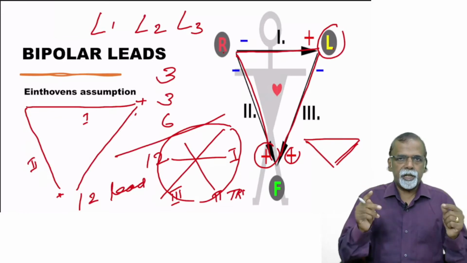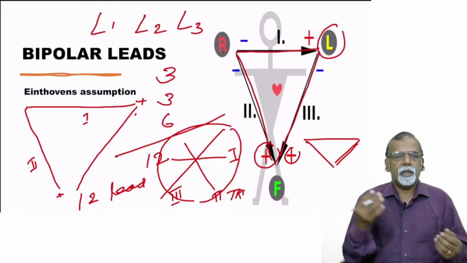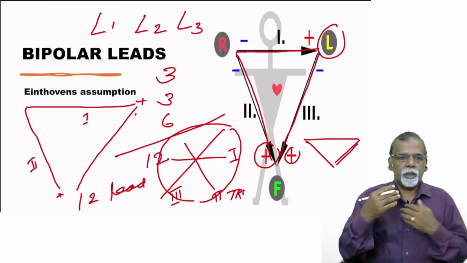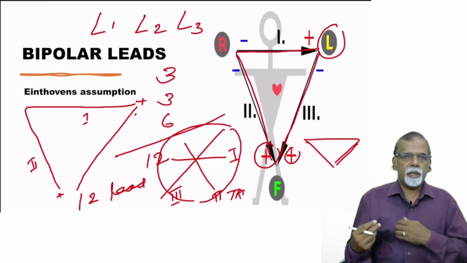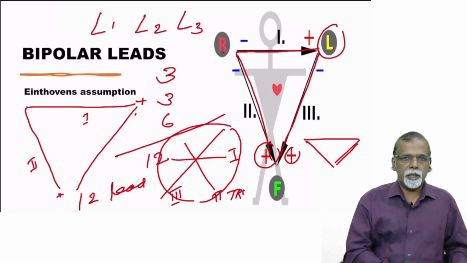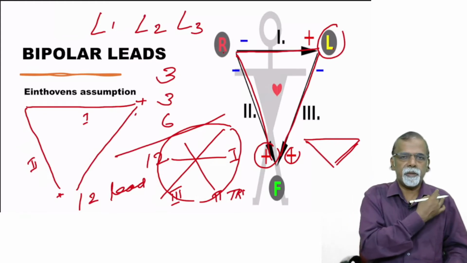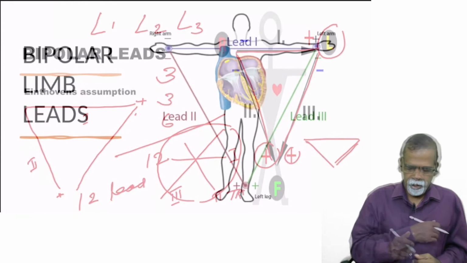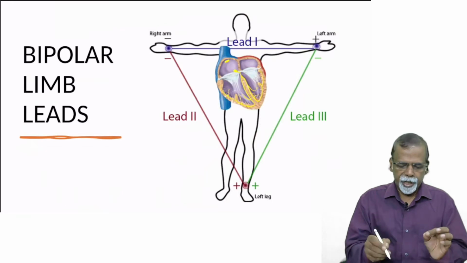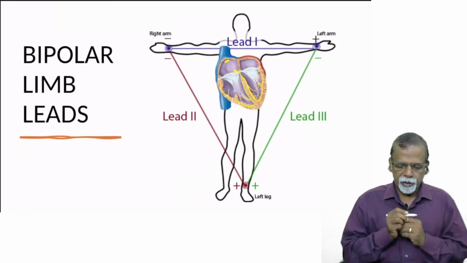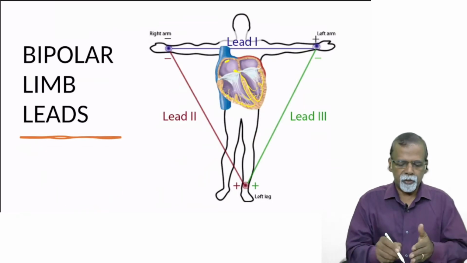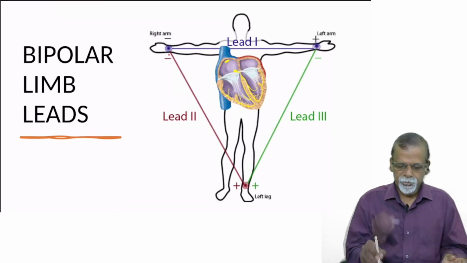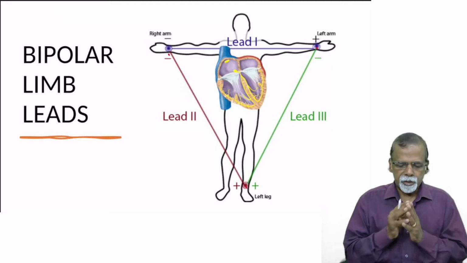Lead 1 is the potential difference between the right arm and left arm with the positive on the left side. Lead 2 is the potential difference between the right arm and left foot, and lead 3 is the potential difference between the left arm and left foot. So that is graphically represented like this. Einthoven recorded it from the shoulder and the pelvis, but later it was found that by connecting to the limbs, there is not much difference, and this is how the standard